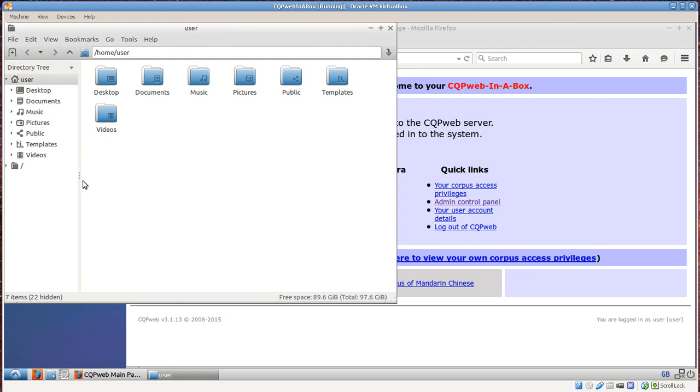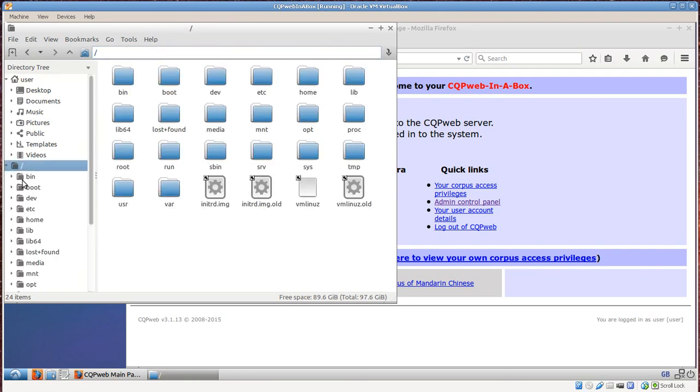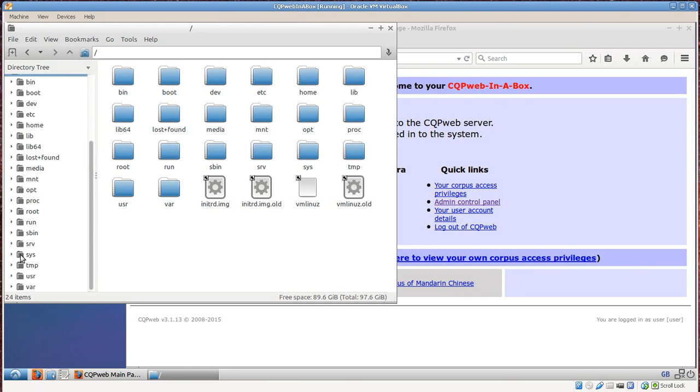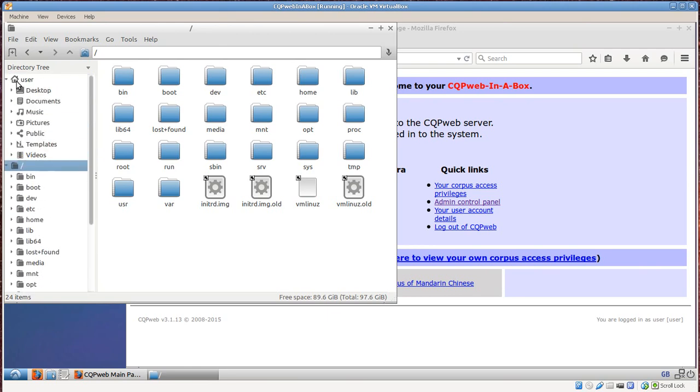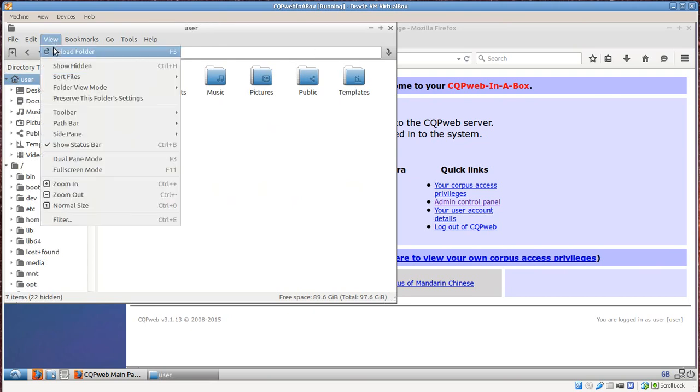All operating systems have some kind of file manager that looks vaguely like this, that allows you to explore the computer. If you use an Apple, Mac or another form of Linux, this should be extremely familiar. You have your path here, and you have here on the side the directory tree, which gives you all the different sections of the hard drive of a Linux computer. And then up here you have your user folder, which is your own personal folder, and you can do all the usual things like